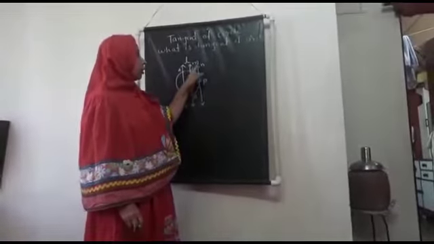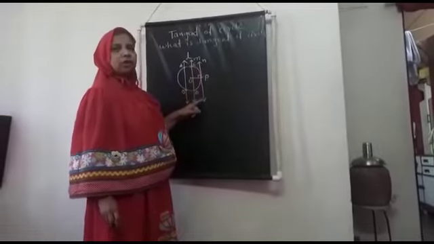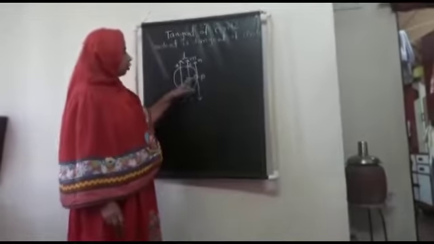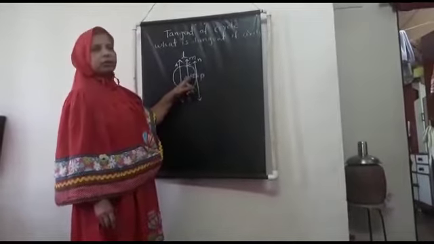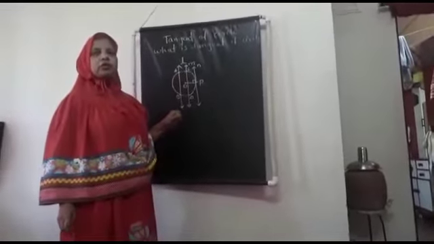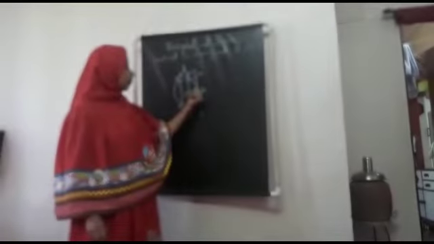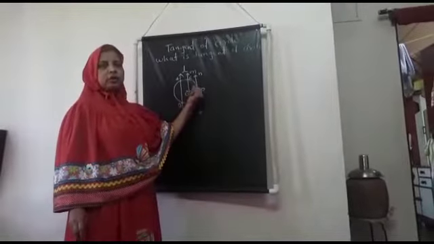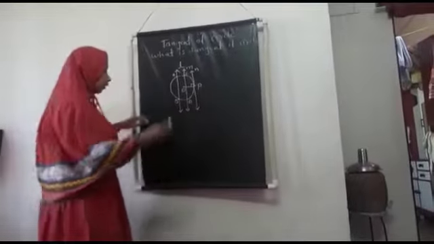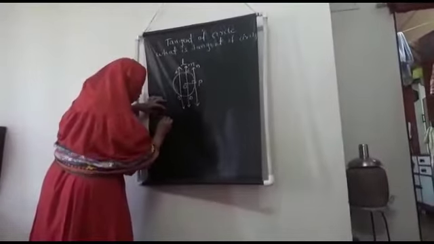Now I am going to construct the line N, which intersects the circle in only one point. So this point P, where the line N intersects, this line N is known as a tangent to the circle, which intersects in only one point. So the meaning of tangent of the circle is the line which intersects